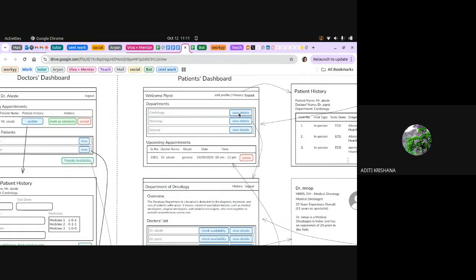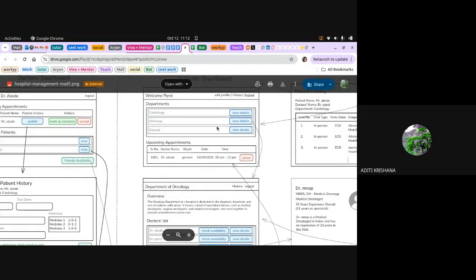Now I have given the content on how you will do everything. You just have to think about how many routes and how many HTML pages you have to create, and how you will show that. I will try to mention all the steps in my readme so that you can follow, but I am explaining verbally today so that if anyone has any confusion, you can ask me right now and the clarification can be given at this moment itself.